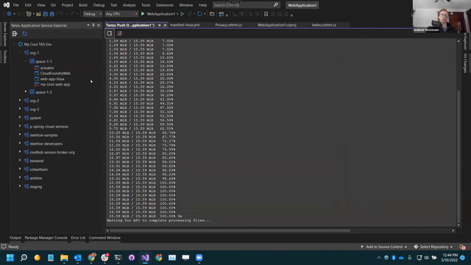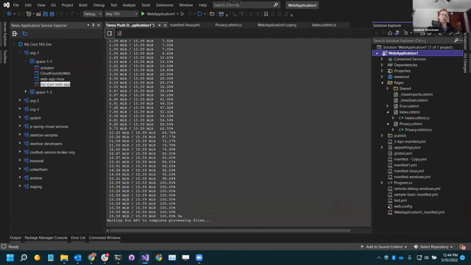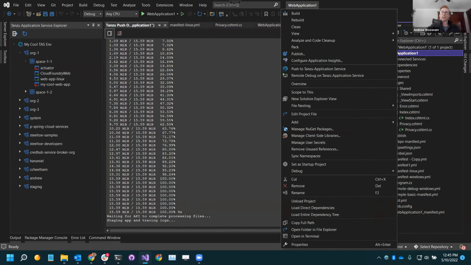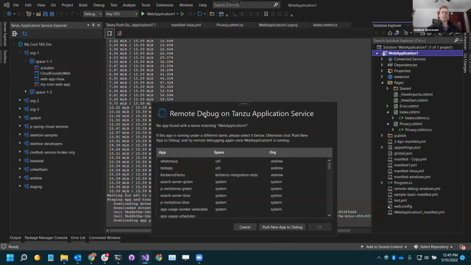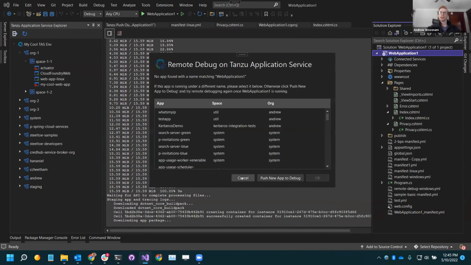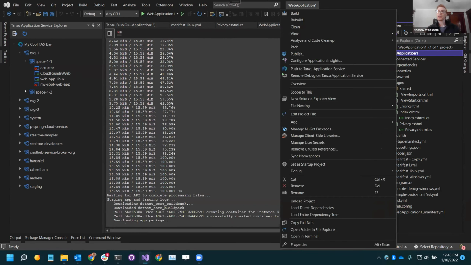Again, that might take a little bit to keep going. You can see it coming up on the left there. Eventually, that'll turn green. Let's give a quick remote debug flow here. So when I hit right click, in case that was too quick, when I hit right click on the Solution Explorer again,